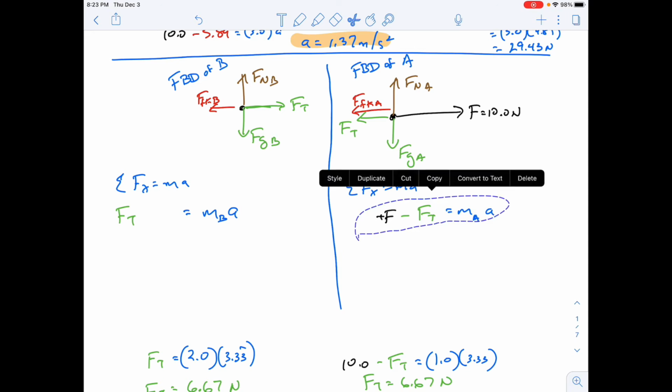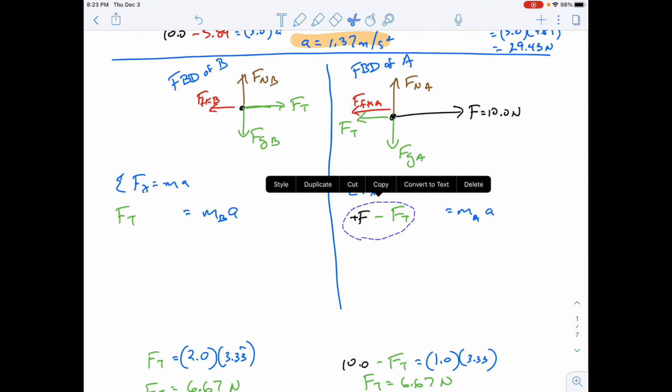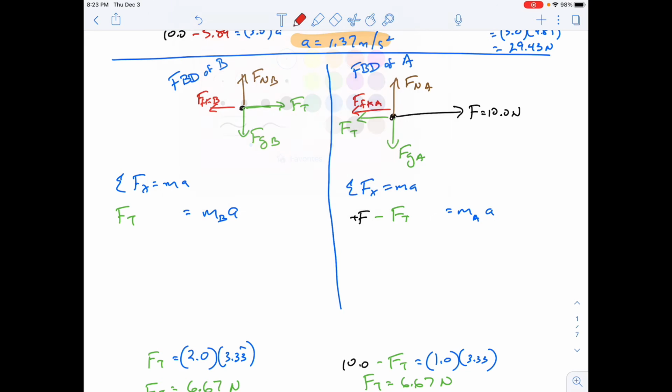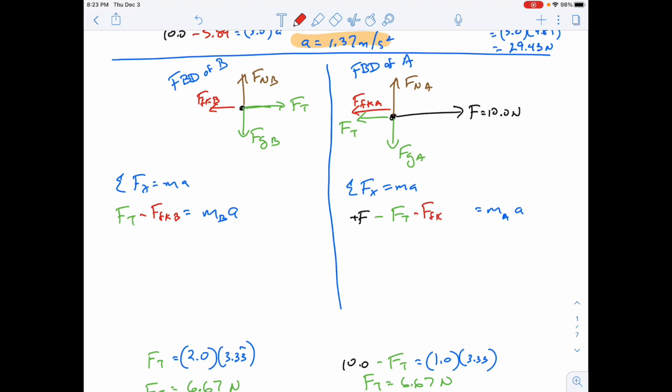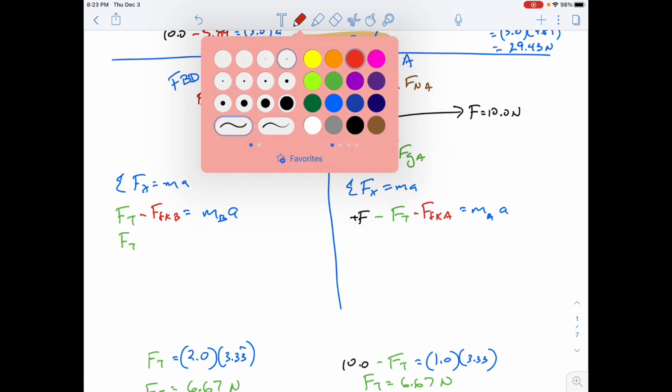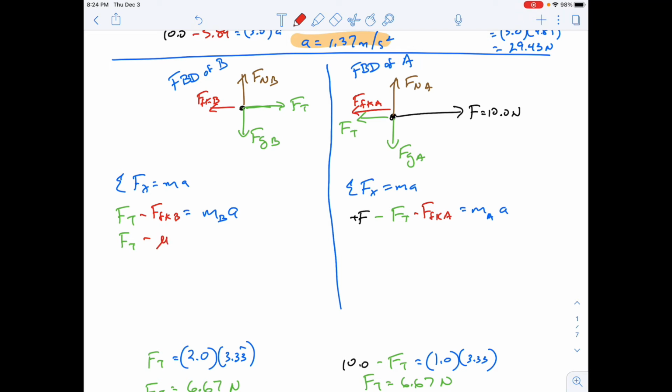So let's do that. Now I guess I should just rewrite these things. I don't know why I'm messing with this way, but I'm just trying to show that minus force friction kinetic B. And this would be minus, and I guess I've got to move this over a little bit, minus force friction kinetic A. So we got another force to deal with. And I'm trying to find that tension. And that's going to be equal to mu k, same mu k, force normal B